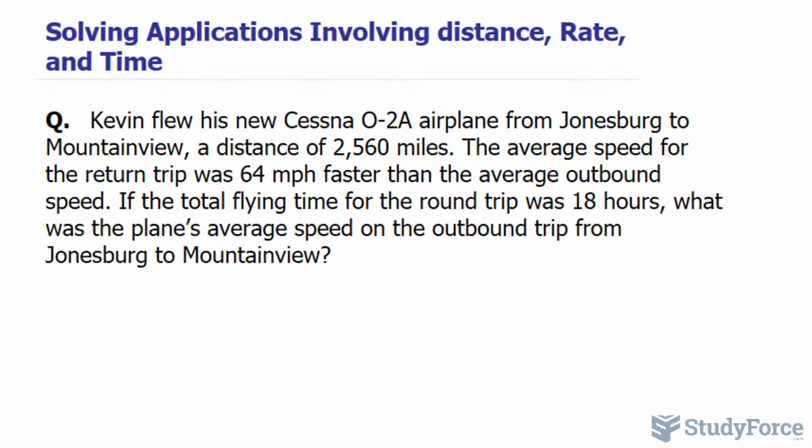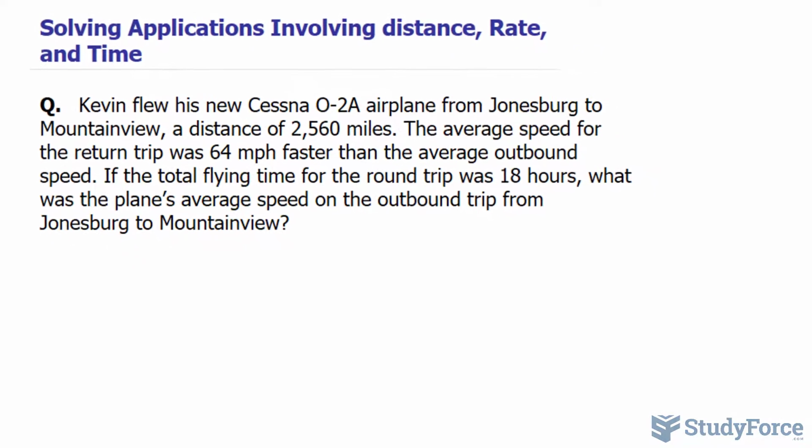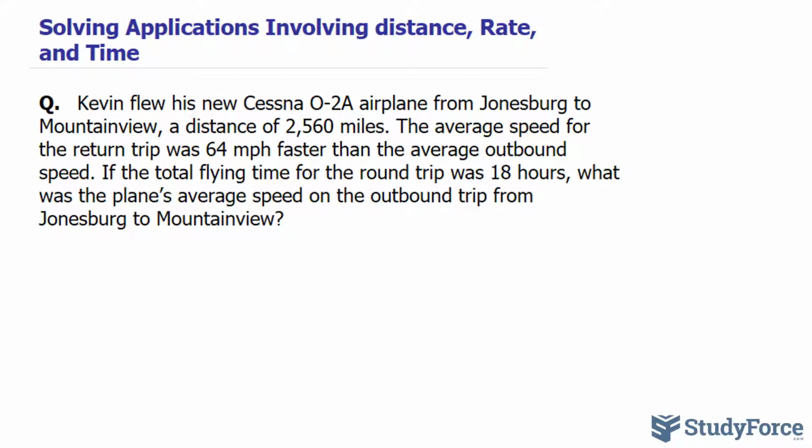In order to be successful with this problem, you'll need to know the formula for speed. Speed is a comparison of distance to time. So I'll write that down. Speed is equal to distance per time. Now there are two trips, one where he goes and one where he comes back. And together that takes 18 hours. So if I rearrange this formula, where I solve for t, I end up with t is equal to d